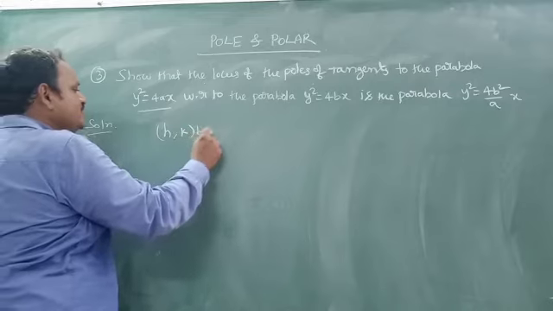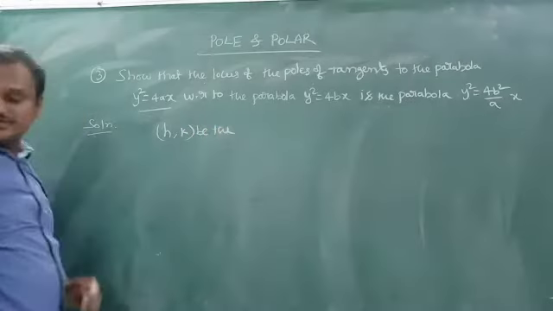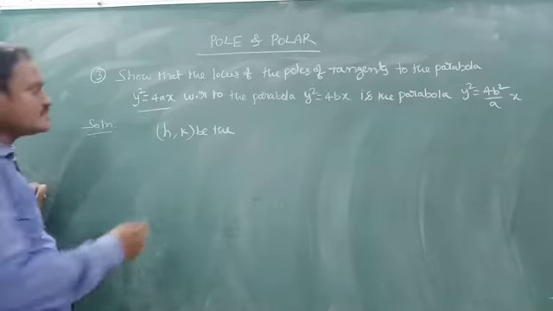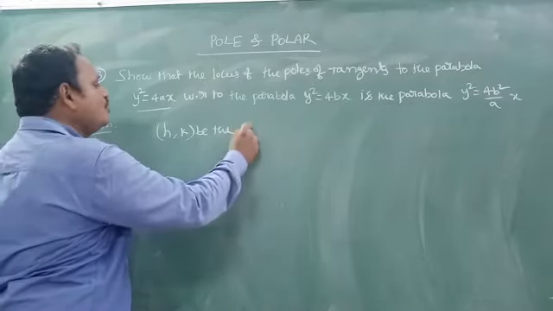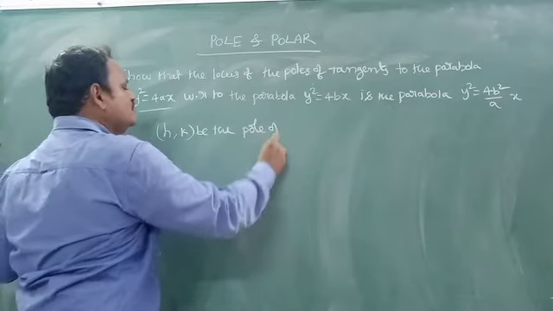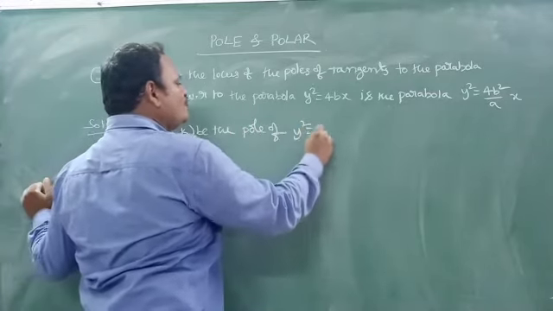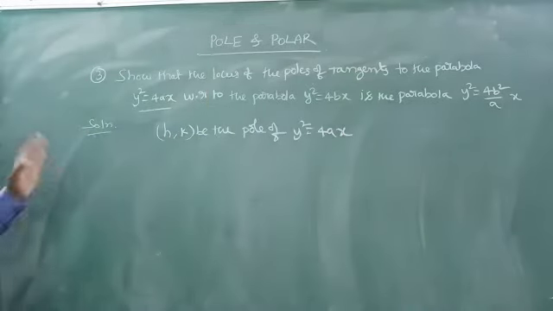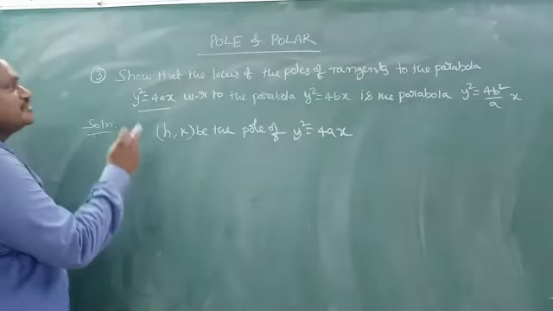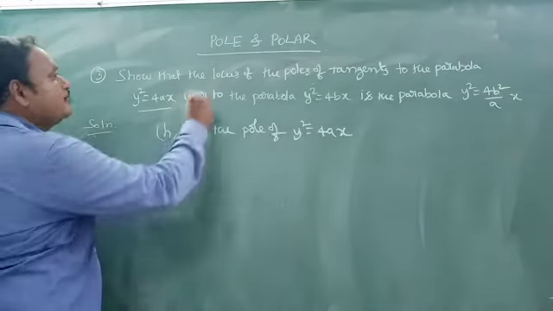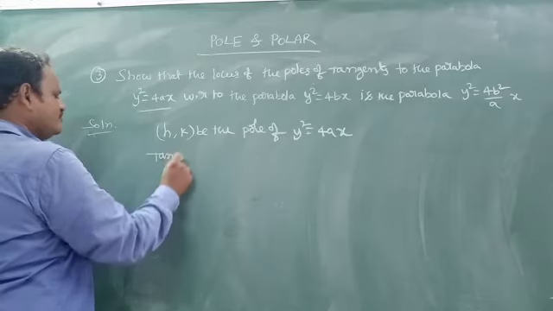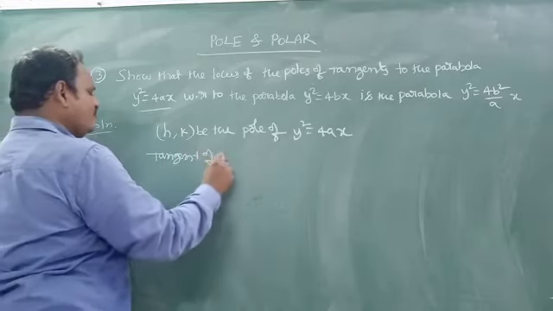Let h comma k be the pole of y square equal to 4ax. This is the one whose locus we have to find here. And also, my dear students, here we consider the poles of tangents to the parabola. Now the tangent of the parabola